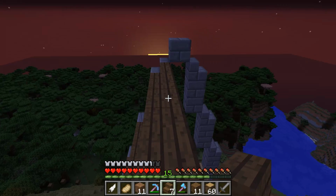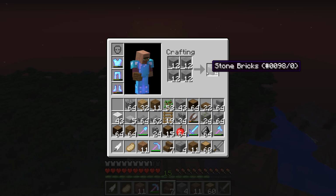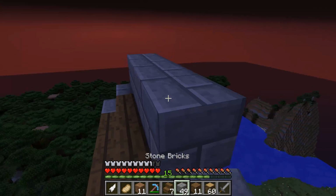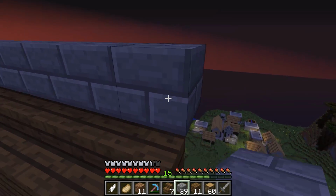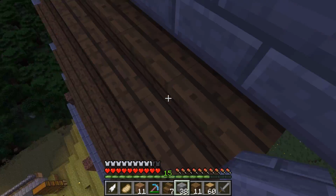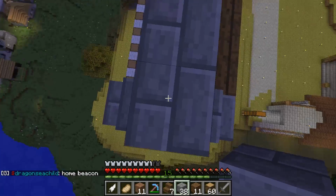So what we're going to do with this part is then we are going to top it all off with some more smooth stone. We're going to have a line of smooth stone along the top like this. And this is just to kind of trim around the edges, and I think it looks really nice personally. And we are going to want to go one more out, so we're actually going to want to put some stone along the side of this. I haven't done that yet, but I'm going to continue. I just thought I'd point this out, and we're going to put some...